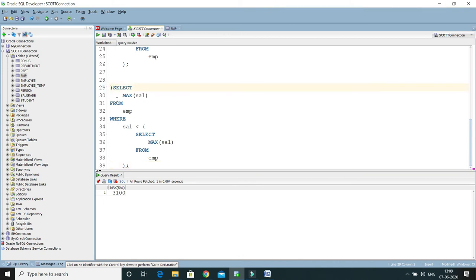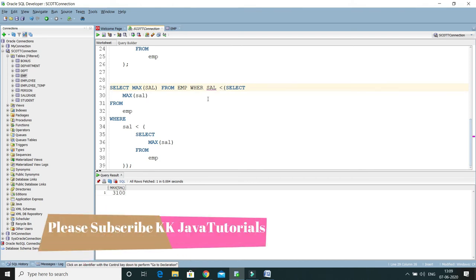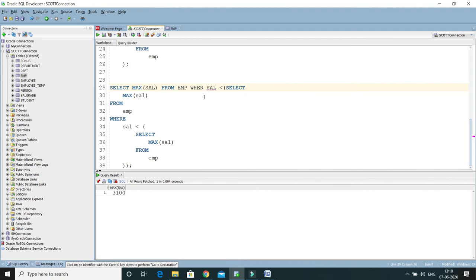So I'm opening a bracket over here, closing here, and before this opening bracket I'm going to write select max sal from EMP, right, where sal less than whatever less than this, right? Why is this saying compilation error, I don't know. Sorry, the spelling mistake. Yeah.